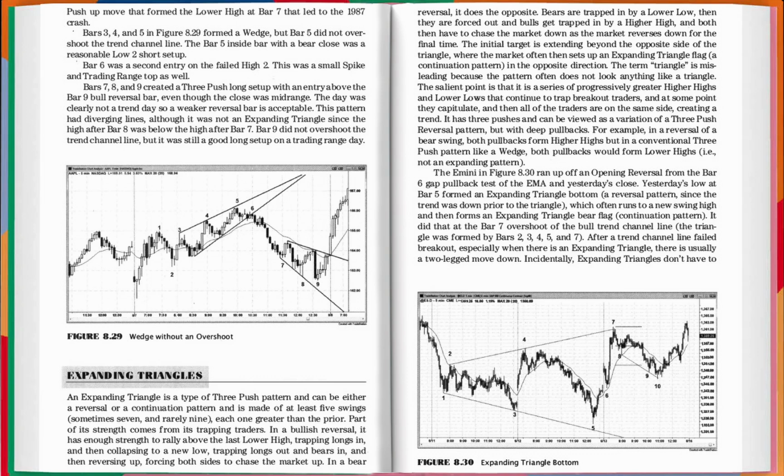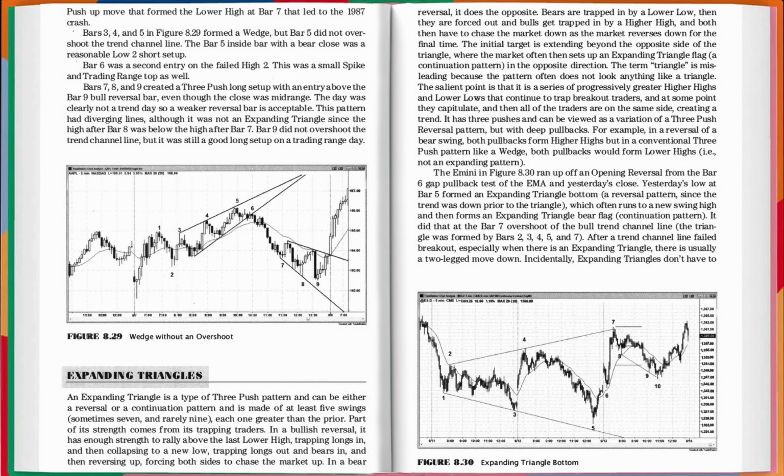The initial target is extending beyond the opposite side of the triangle, where the market often then sets up an expanding triangle flag, a continuation pattern in the opposite direction. The term triangle is misleading because the pattern often does not look anything like a triangle. The salient point is that it is a series of progressively greater higher highs and lower lows that continue to trap breakout traders, and at some point they capitulate, and then all of the traders are on the same side,